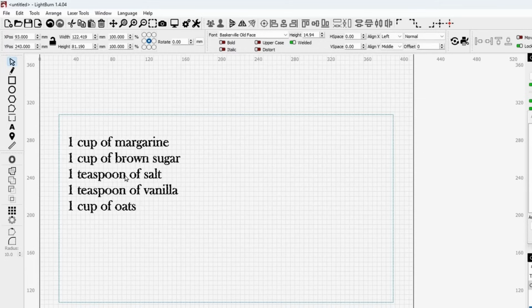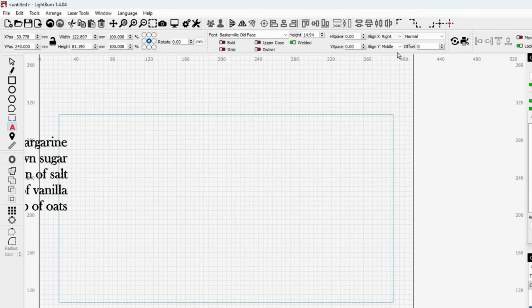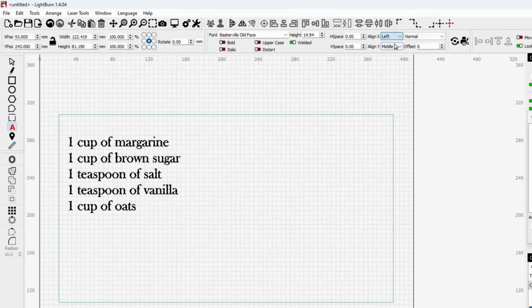I'm going to grab my middle there and set it over here out of the way. I'm going to grab my font tool again. I'm going to come over here now and change it to right justification. I have to deselect that. I wished when you clicked on that it would automatically deselect it, but that's still selected. I don't know why it stays selected. That's deselected. Now grab my font tool. Now come back up here and click right, and now I can come back over here and start typing my next group,